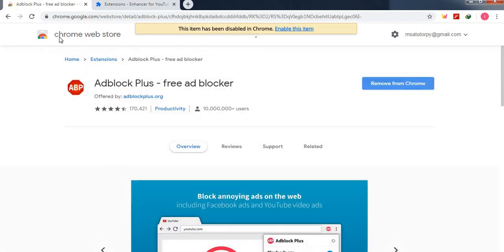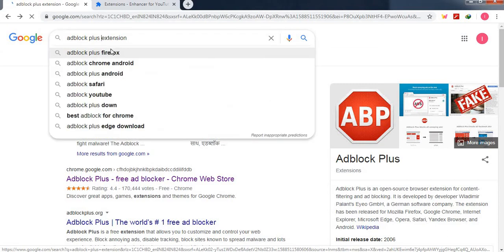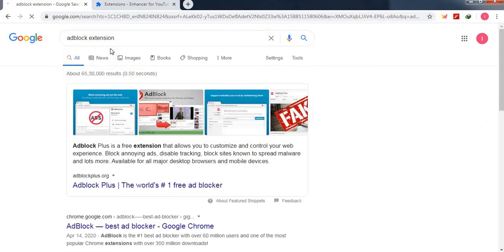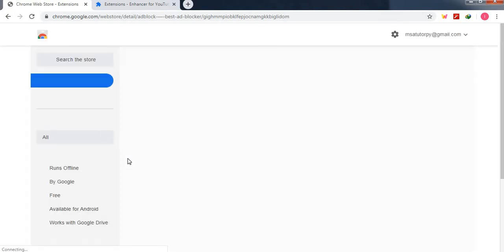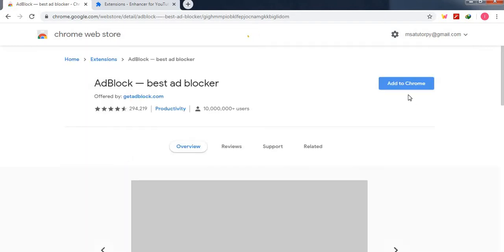Oh fine, this is already in my system, that's the reason. Adblock Plus is what I need. The Adblock extension is there; you can have any of them. Just to show you how to install any extension, I am trying with this. Since it is not in my system, it will come as Add to Chrome. Now I need to select Add to Chrome. It will check it and add it after some time.